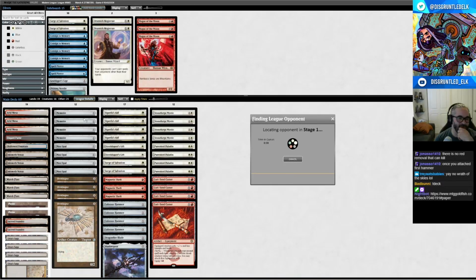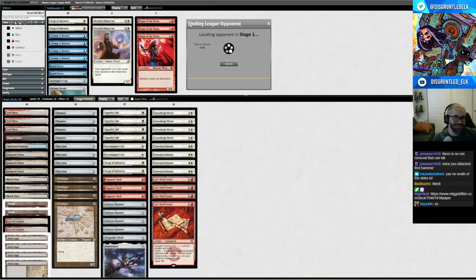I don't know if opponent's supposed to bring in Molten Rain against me, but they sure did. It was there, okay? It was definitely there. That was another one of those moments that I just kind of accepted in the moment,